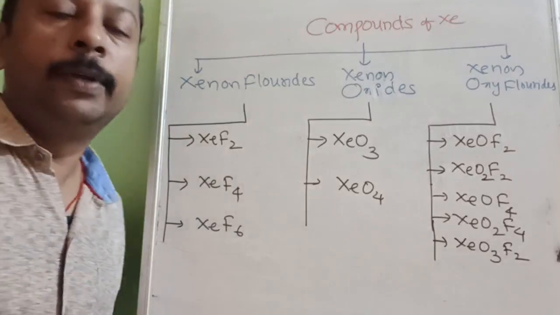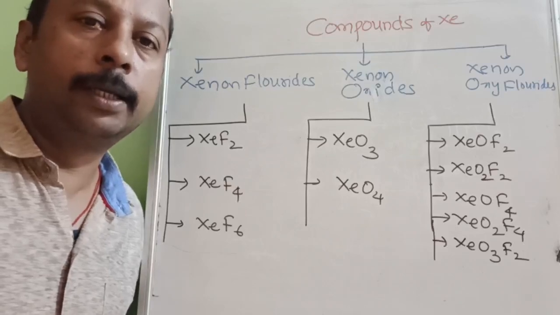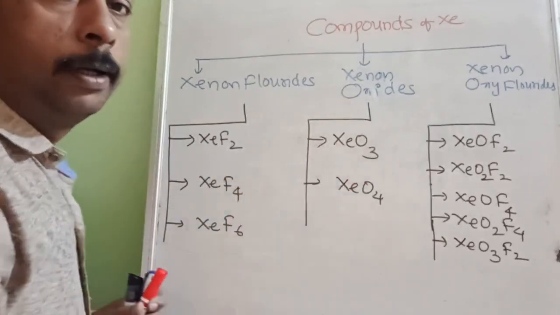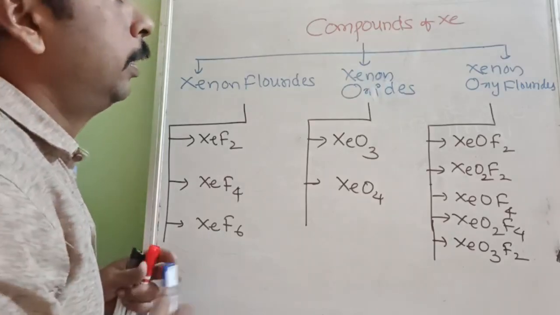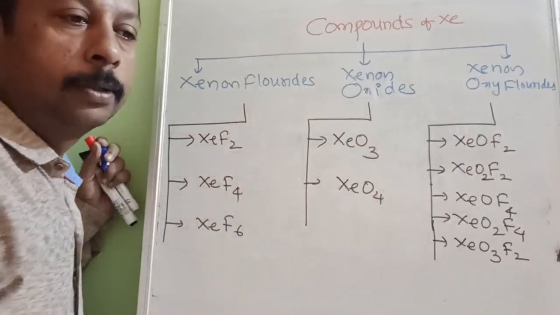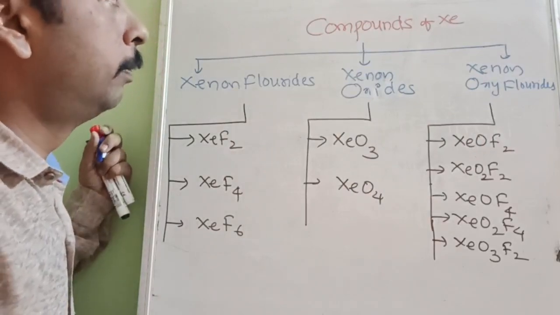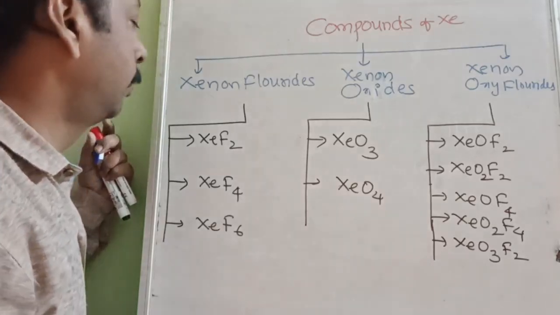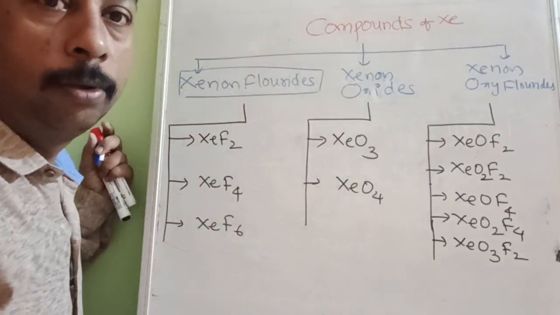Okay students, now we have understood the very important topic of clathrates, which scientist made the compounds and what the compounds are. For easiness I have given it in flowchart form so that it is easy to remember and memorize. So these are the three compounds. As I told you, because of the high electronegativity of fluorine and oxygen, they can only form compounds with xenon, because xenon requires the lowest ionization energy. So first, compounds made only with fluorine,